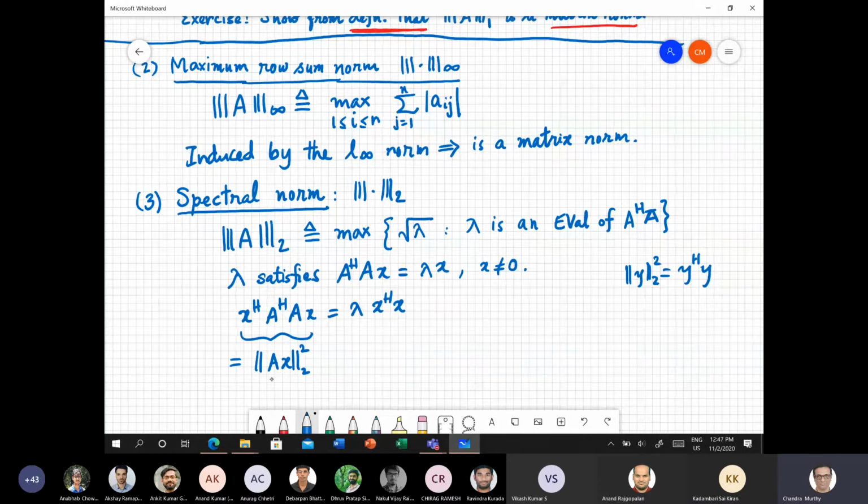And so therefore this quantity is real and positive, and this quantity is also real and actually non-negative. So both these are real and non-negative, and so you cannot suddenly have lambda being a complex number. And in fact, since both are real and non-negative, and since x is not equal to 0, this is strictly greater than 0, and this is greater than or equal to 0, which implies that lambda is always non-negative. So basically, square root of lambda is always real and non-negative.